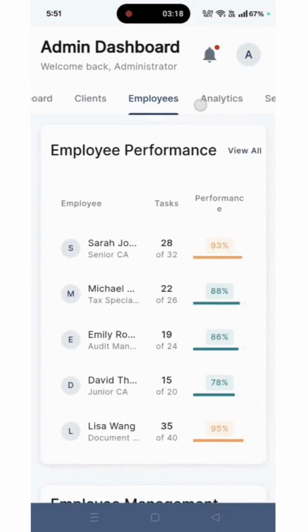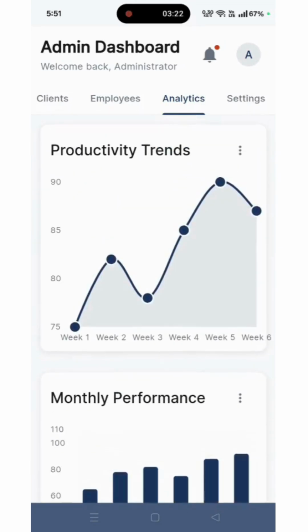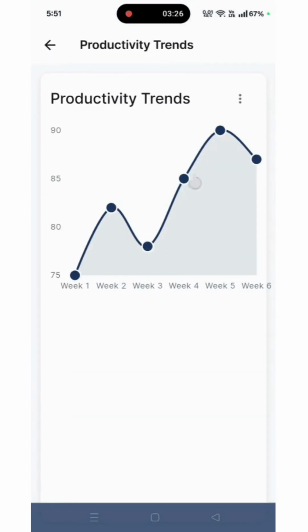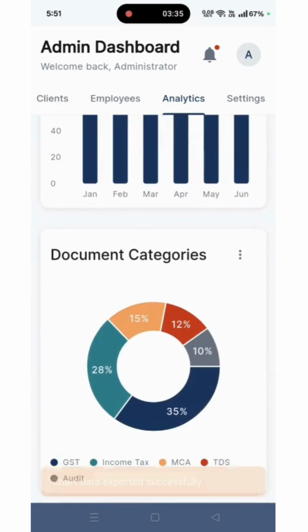The most important tab for our firm and human resource team is the Analytics tab, which shows the productivity trend. It can also be seen in full screen view where we can see week-wise productivity and it can be exported for detailed review purposes. The other two charts are already discussed along with the Dashboard section in the earlier part.